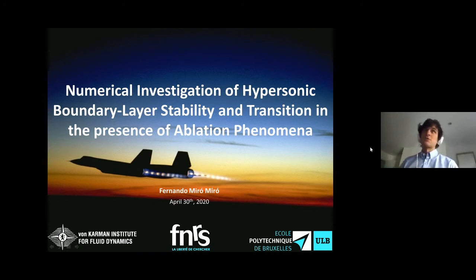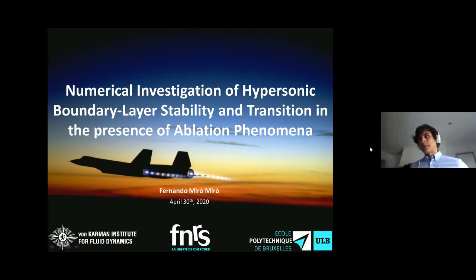Right. So I didn't do much work directly on the temperature effect, but this is pretty well established. We know that wall cooling strongly destabilizes the second mode. It makes your boundary layer smaller, so your density gradient is a lot stronger, so your instabilities are more confined, and they become more unstable. That's a pretty well-known phenomenon: anything that cools down your wall is going to destabilize the second mode, and whatever heats it up is going to stabilize it. And the opposite is true for the first mode. I didn't speak about first mode instabilities here, but they actually have the opposite effect.